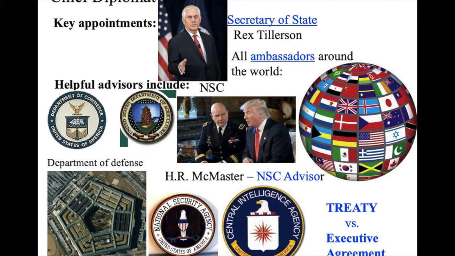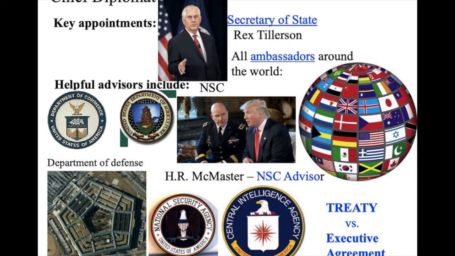So what about chief diplomat? Well, first of all, you want to appoint people around you that are going to help you with this role. And you have to pick a Secretary of State. The State Department is essentially our foreign policy department. You have to pick ambassadors appointed and then sent throughout the world in these massive houses/buildings where our U.S. government is represented abroad. Every country that we recognize has an embassy within it, and in that embassy,